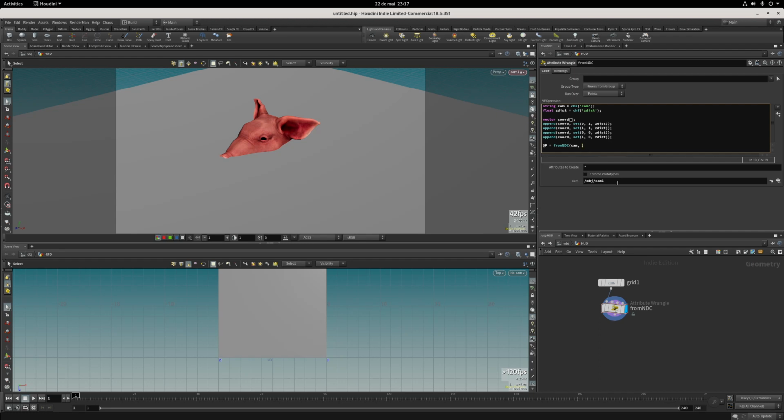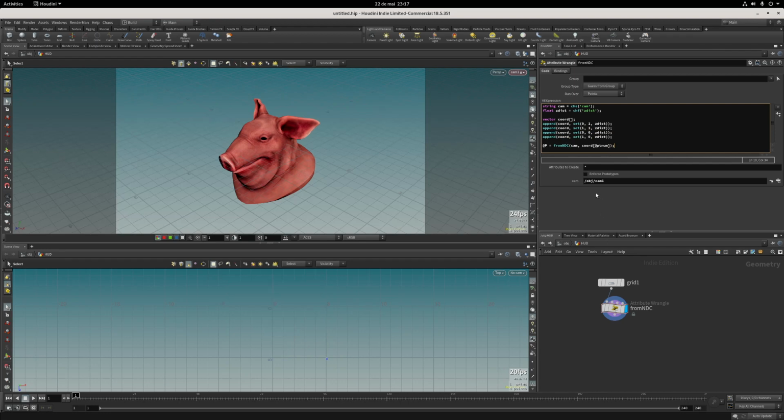So the 2D position will be the actual array item that corresponds to that point index. So we can use chord and use ptnum. Because we have created in order, the ptnum will be exactly what you want for this array index. So let's use that. And one thing I want to do also is, if we visualize the camera here,